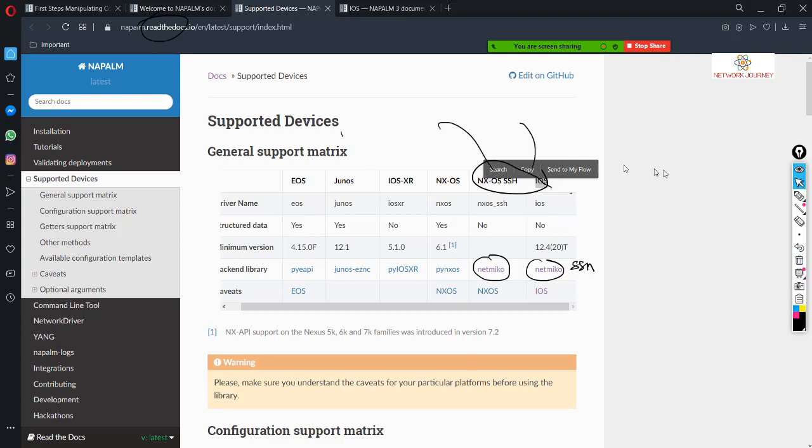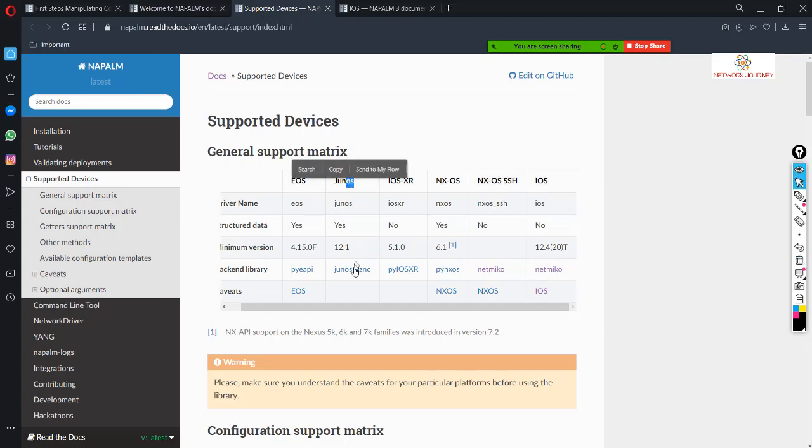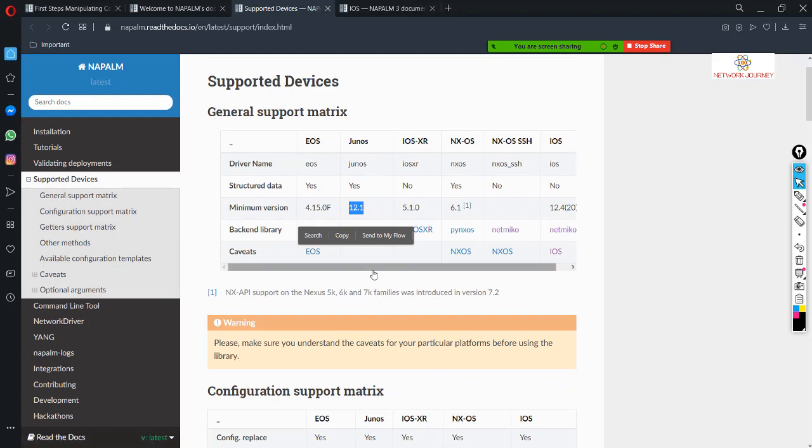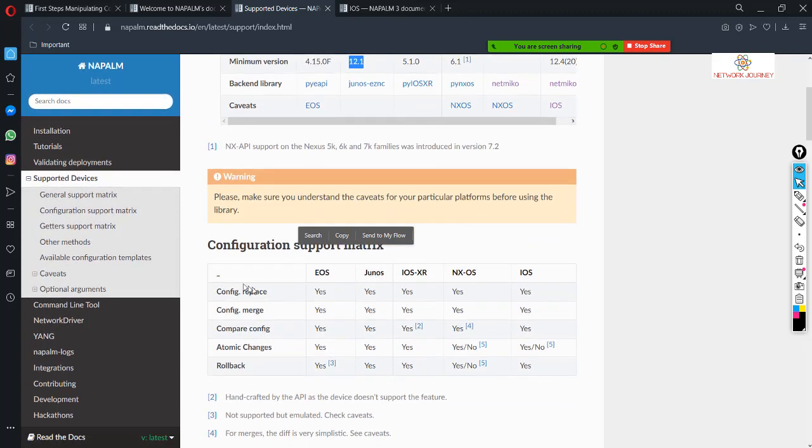So you can check this in case you are working on Junos, just go ahead and see what kind of versions there are and what the backend libraries are, if you want to see that. Okay, fine.